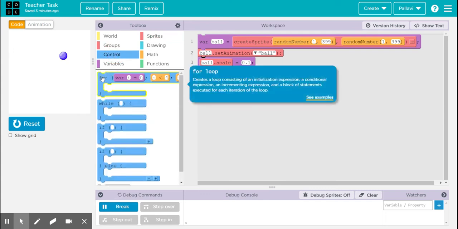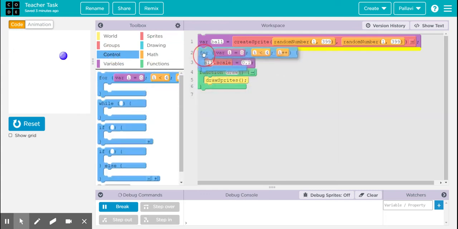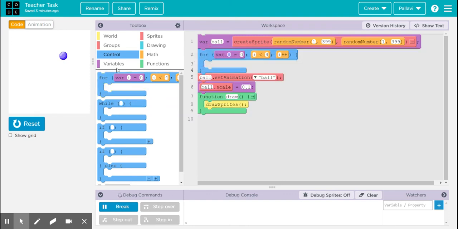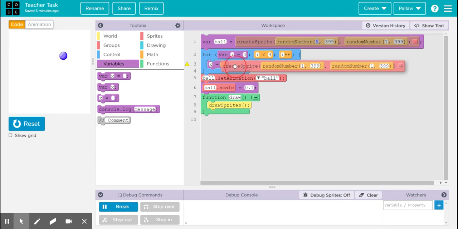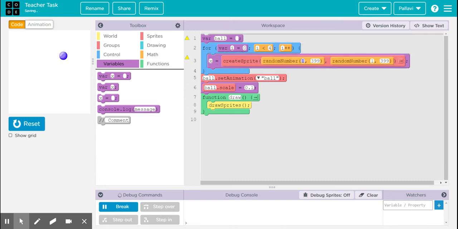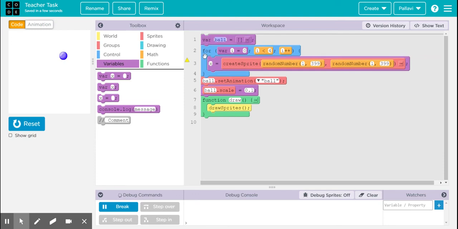We are going to use an empty array and a for loop to create multiple sprites on your screen. So, let me show you how. For now, I'm going to take this create sprite block and store it temporarily here. And instead of create sprite at random location, I'm going to use an array for the variable ball sprite. And to create and assign different values into that array, I'm using the for loop.